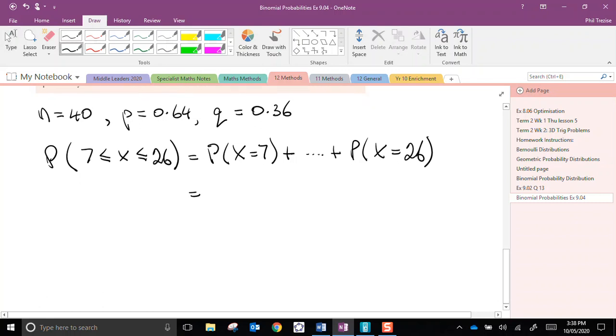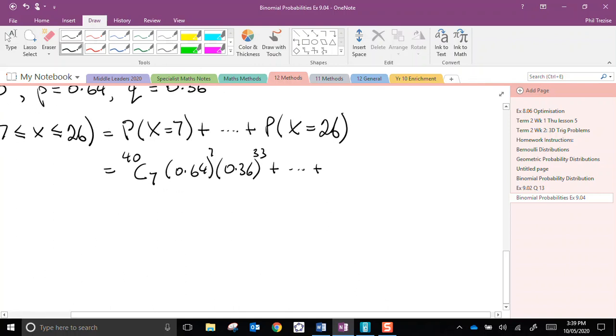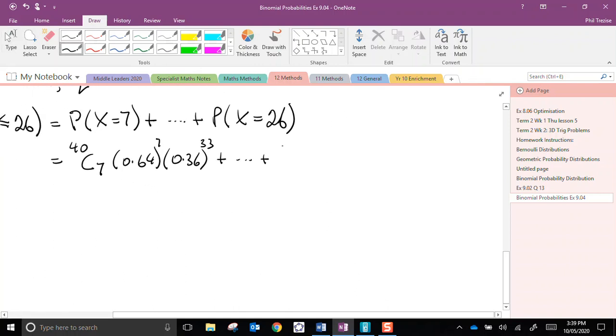Just to show our understanding, we'll write the formula for each of those at the end of the list, but we certainly wouldn't write all of them. We would have here 40 C7, P is 0.64 to the 7th power, Q is 0.36 to the 33rd power, plus all the other outcomes, and finally we would have 40 C26,